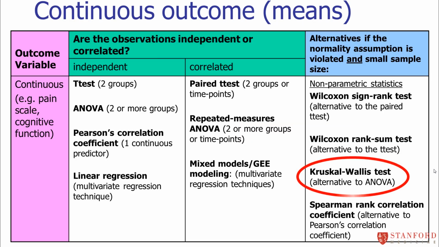Finally, if you want to compare more than two groups, and you have a non-normally distributed outcome variable, the non-parametric equivalent to the ANOVA is something called the Kruskal-Wallis test. I'm not going to go over the mechanics because it basically works in the exact same way as the Wilcoxon rank sum test. You're going to rank everybody, ignoring group, and then you're going to sum up the ranks within the groups and